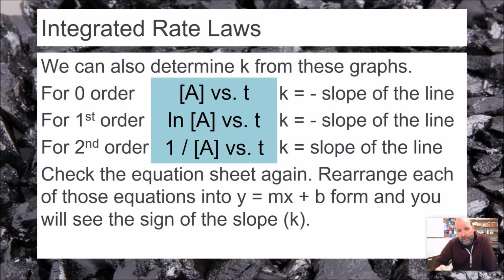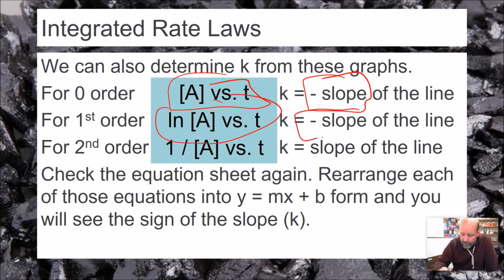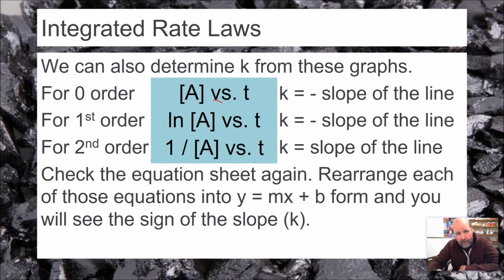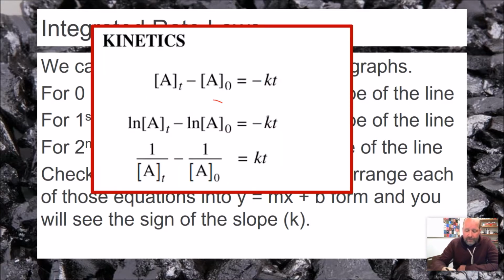We can also determine K from the graphs. We just look at the slope. So in the case of the zero order, it's negative slope, that's K. In the case of the natural log, it's also negative slope. And then for the inverse one, for the second order reaction, it's just the slope. And if you look at those equations on the equation sheet again, you can see if you could rearrange these into slope-intercept form, right,